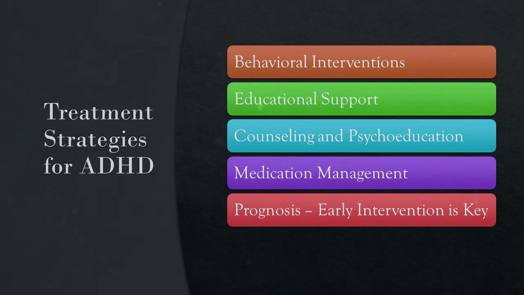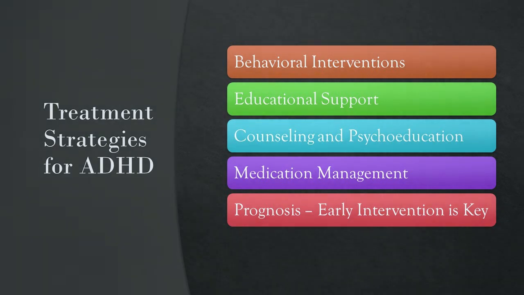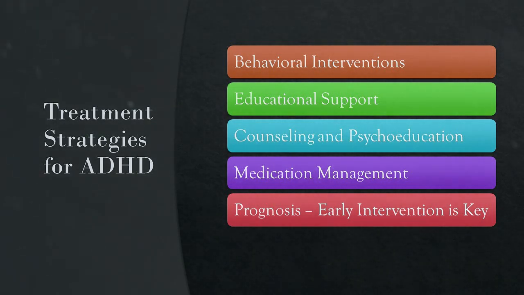And of course, the presence of ADHD can impact the overall family dynamics. Siblings may perceive unequal attention or be affected by the disruption caused by a child with ADHD. And so there needs to be a balancing of the needs of all family members while still addressing the challenges of ADHD. And so there's a difficult balance that needs to take place there.